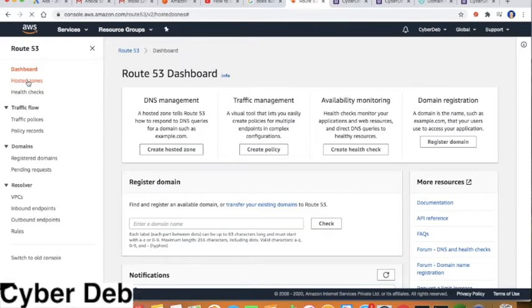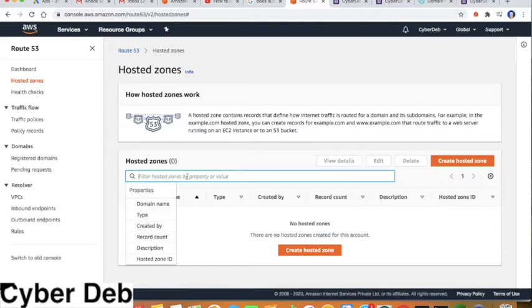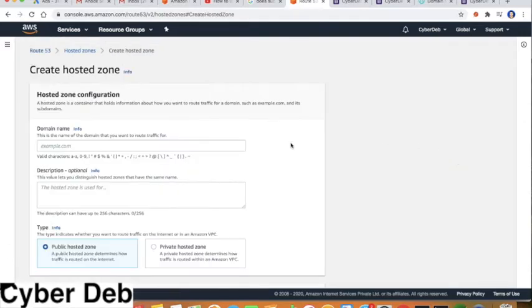Click on it. Then you will be asked to provide a name for this hosted zone. Any name you can provide. I will provide Cyber Dev. Then I can click on create hosted zone. Now it asks for the domain. So I will provide the same name as I have already booked in GoDaddy.